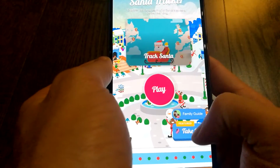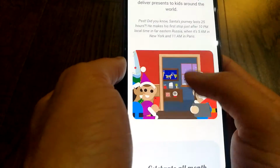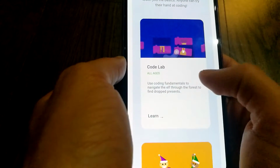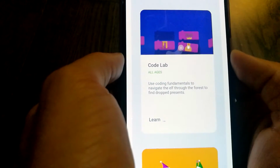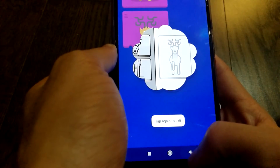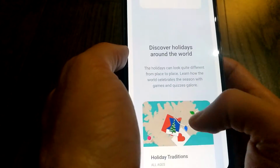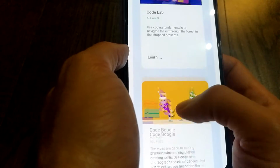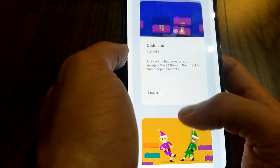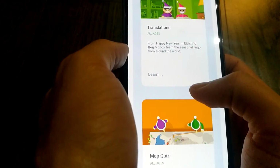Let's see what the family guide is all about. It's about Santa's village, and then the story, learn to code. So there's actually a coding option as well, Code Lab, which is very, very cool. Let's try to see what happens. Okay, so it's actually a puzzle. Code Boogie, discover world translations. Wow, so